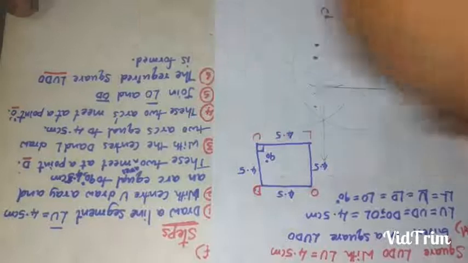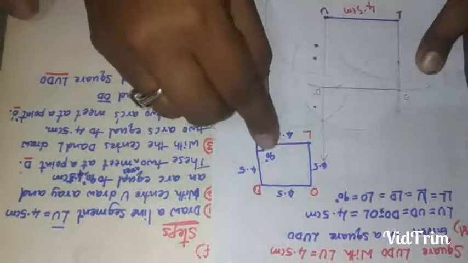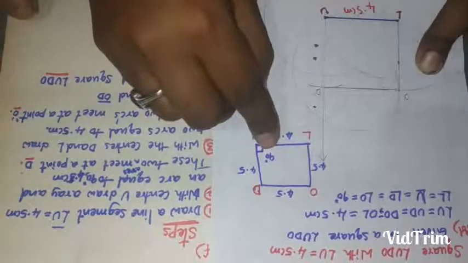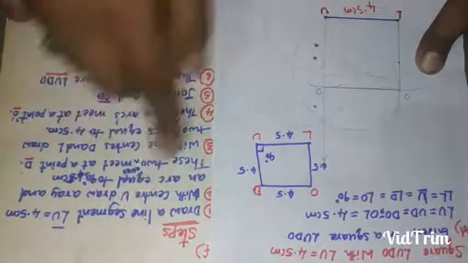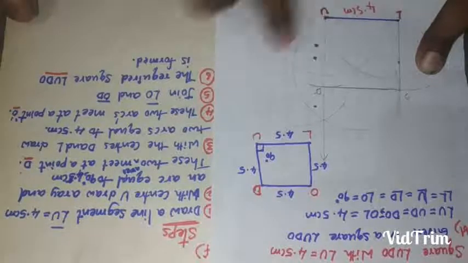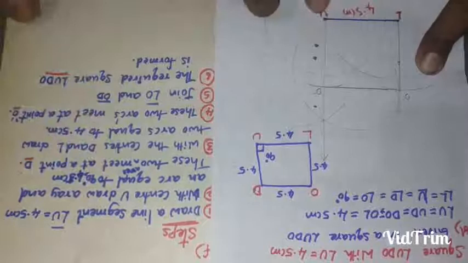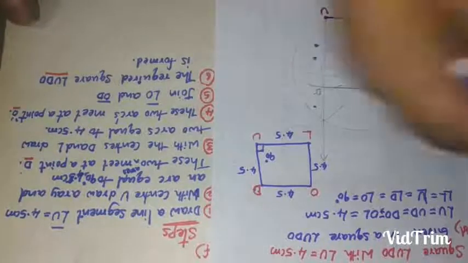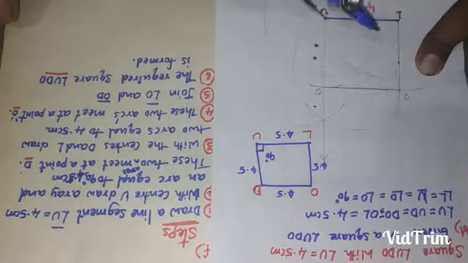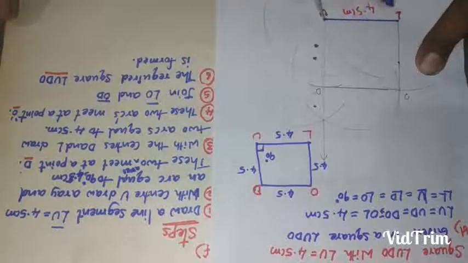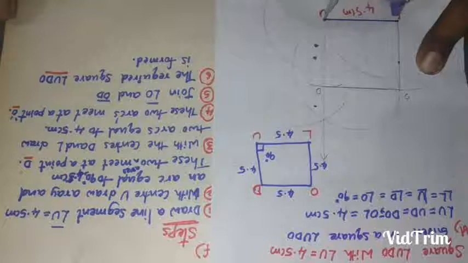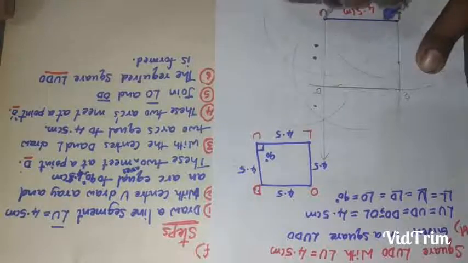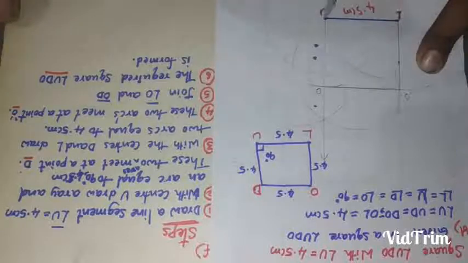Now what should we draw? We should draw an angle of 90 degrees, here with center U. By taking center U, draw a ray. What should we draw? Draw a ray by using a compass. Take a compass. Take more than half. This is exactly half. More than half of the radius. This is more than half of the radius.